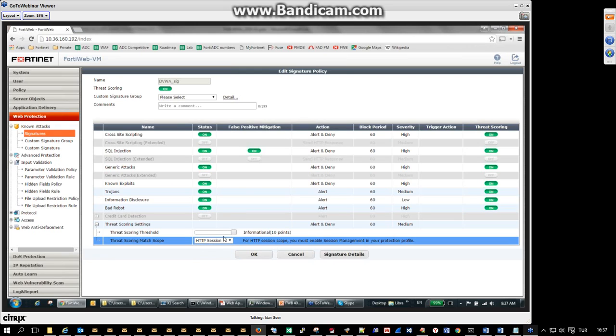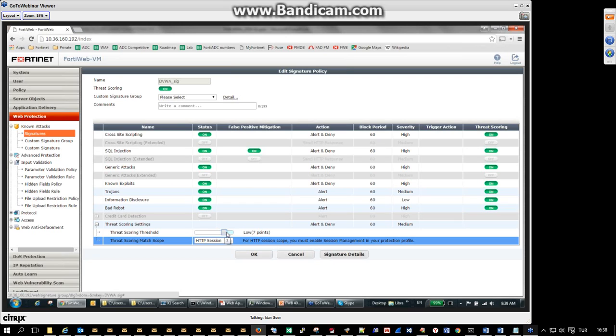right? Threat scoring threshold, you can define the threshold as the threshold is higher, obviously it takes more points. It'll need to trigger more violations, so that means you're actually making sure you're more accurate. However, there's a balance here with the type of security you want to enable. Obviously, everything here has